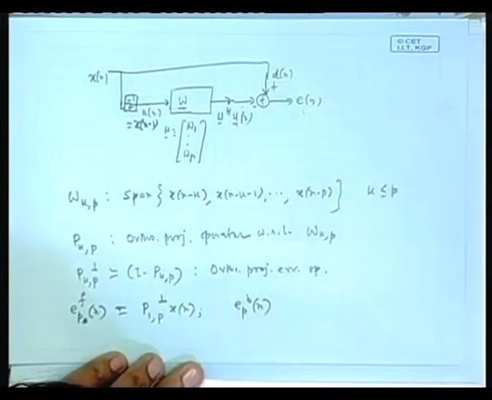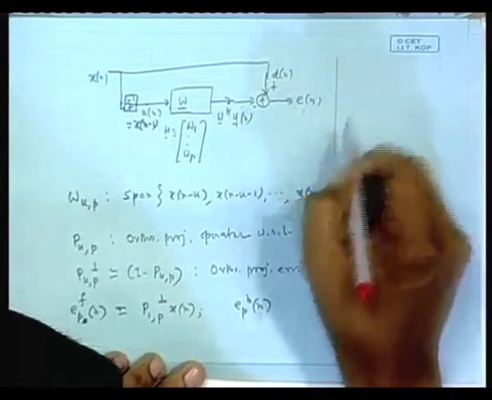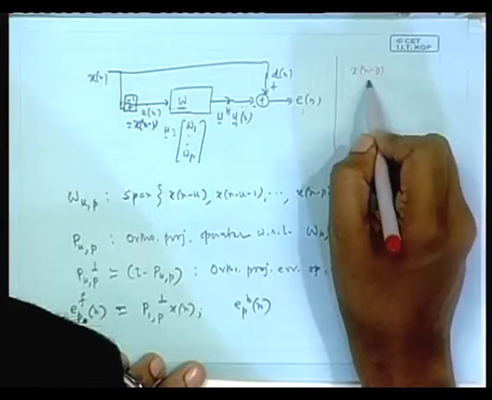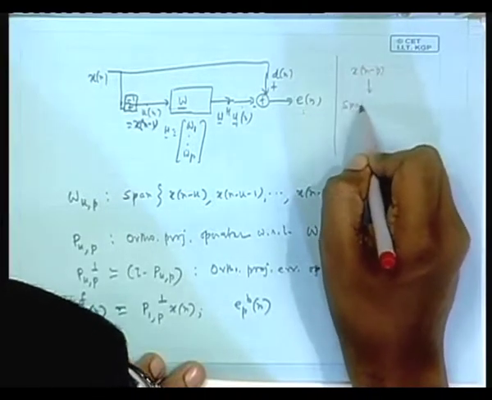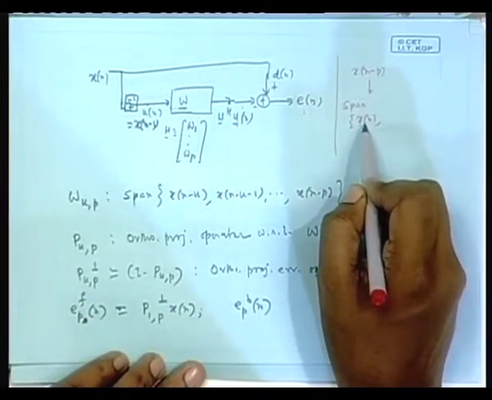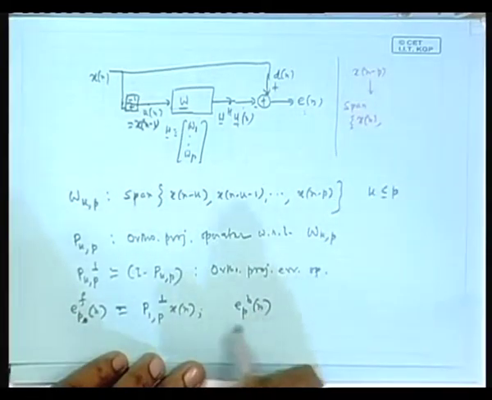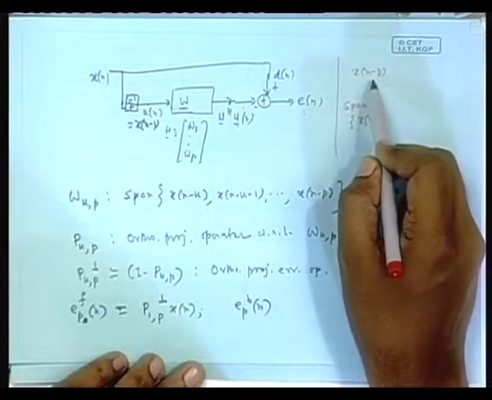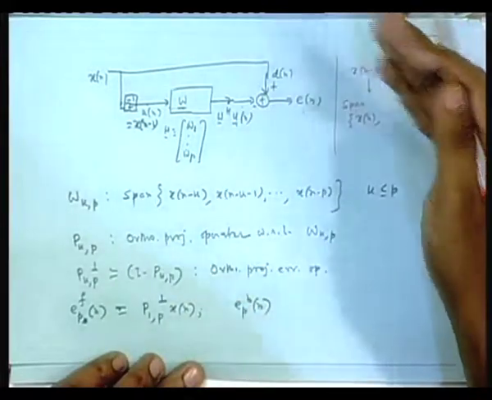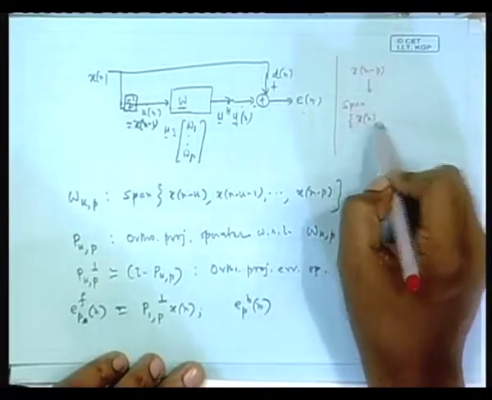E P B n then means that I am projecting this guy, say x n minus P, onto whom? On the span of the current one. You have to always start at the current one. So see how to use this notation. n first is backward prediction. That means I have to go to a past term. Which past term? n is the current index. So n minus P. x n minus P should be the term that should be projected onto its P future ones. What are the P future ones? x n